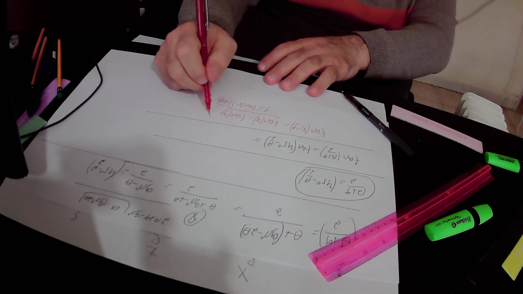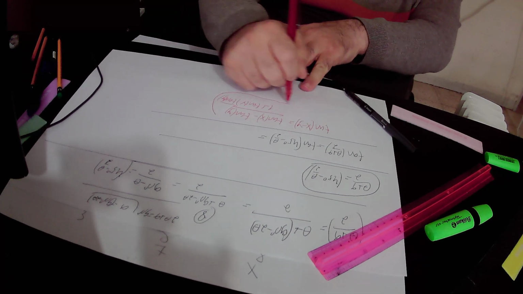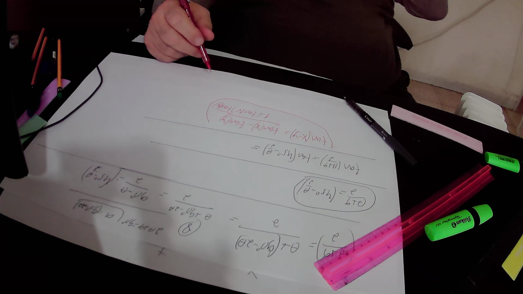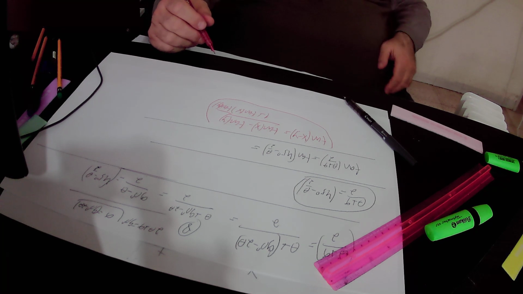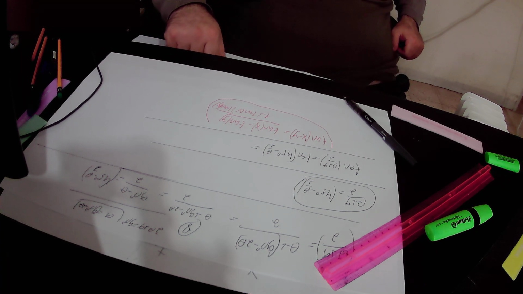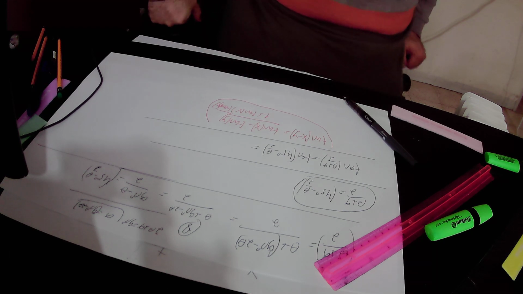We use this trigonometric identity in order to find the value of tangent of 45 degrees minus theta over 2. So according to this identity, the value of tangent of 45 degrees minus theta over 2 will be equal to